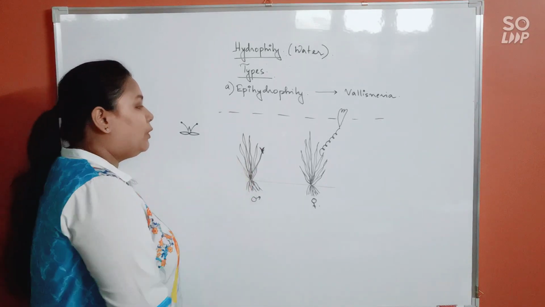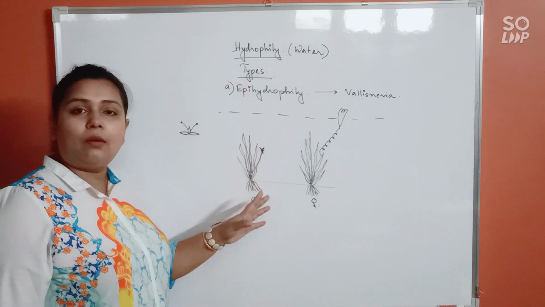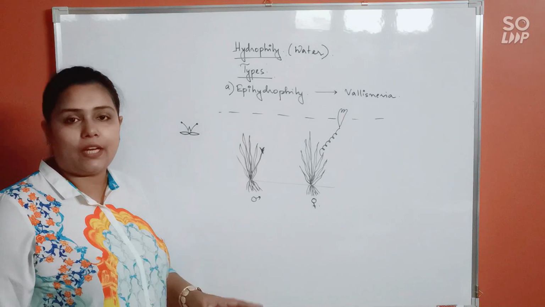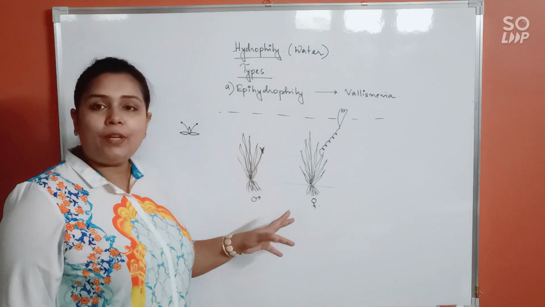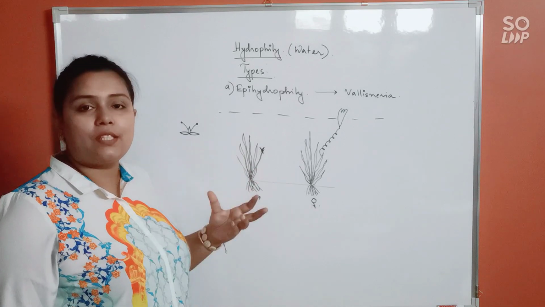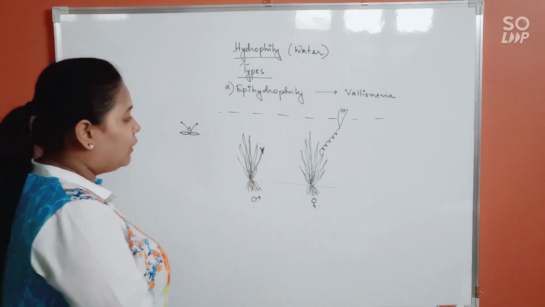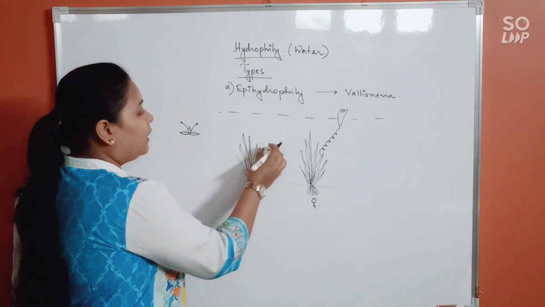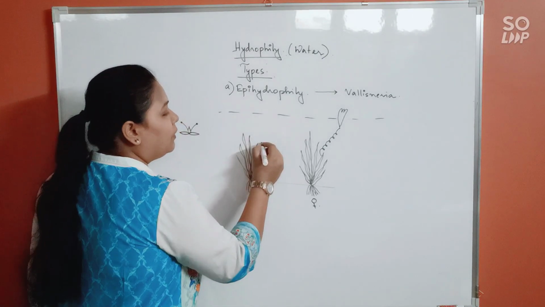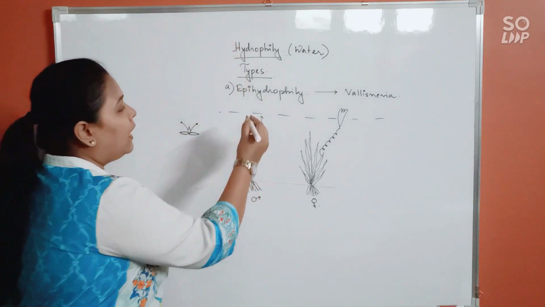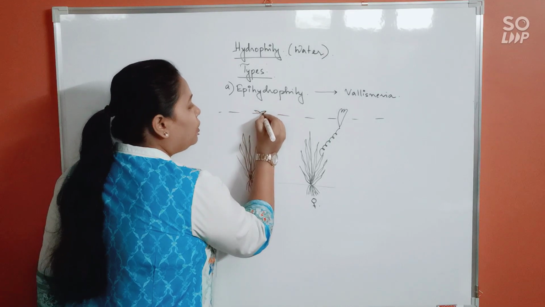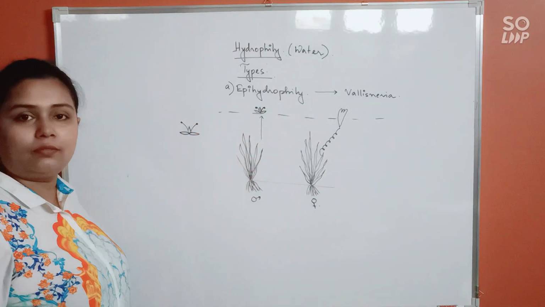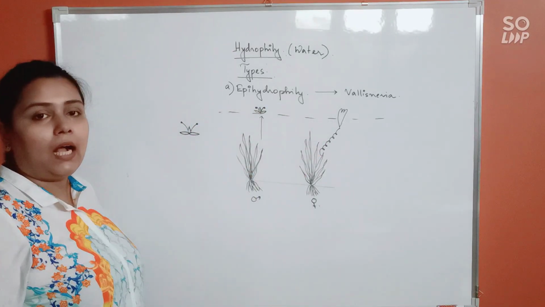So see what would happen. As the male flowers mature, that means the pollen grains inside the anther are fully ready, at that time automatically the male flowers will be released from the body of the plant. As it gets detached from the body of the plant, the flower, being light in weight, will directly go up and start floating on top of the water, on the surface of the water. How will it be floating?